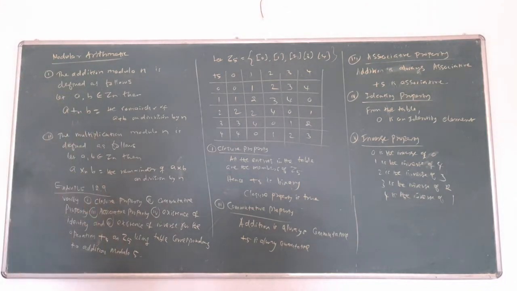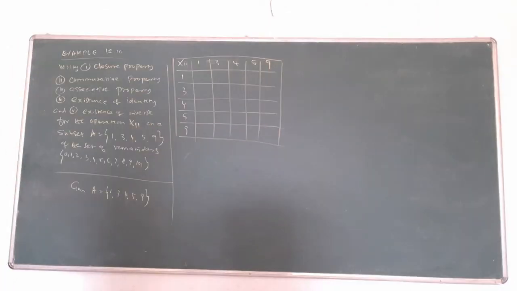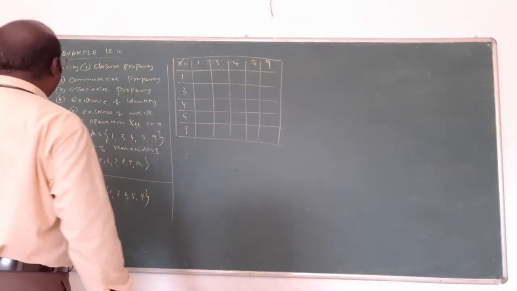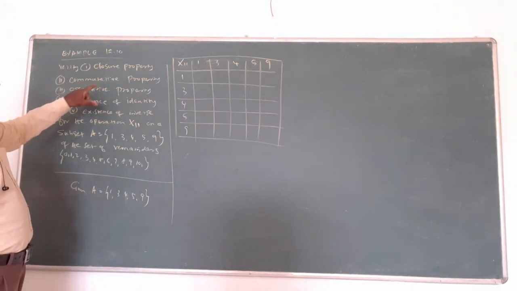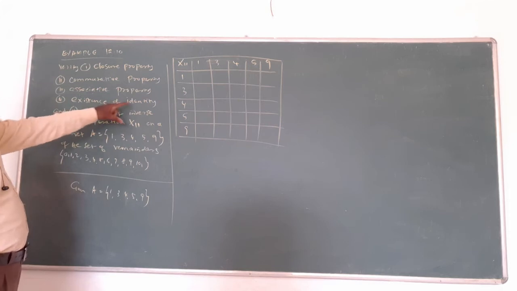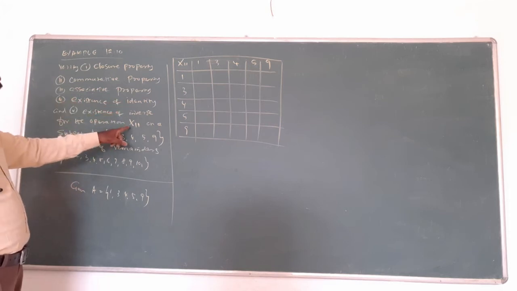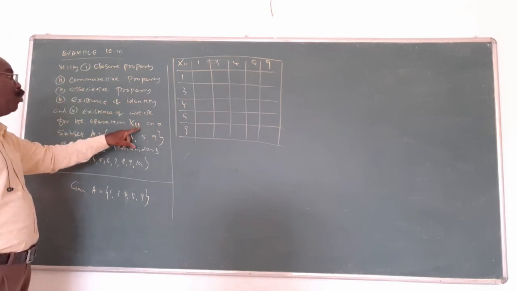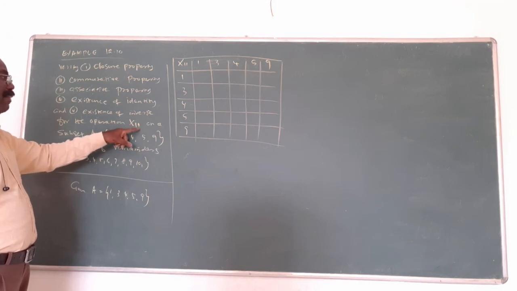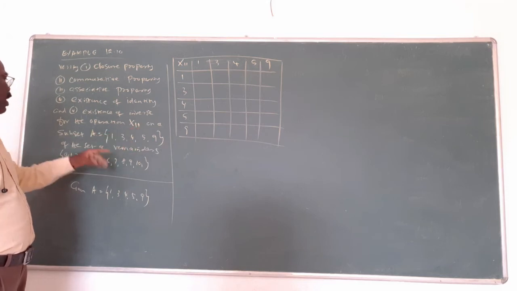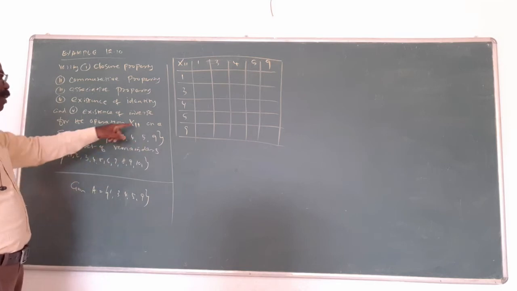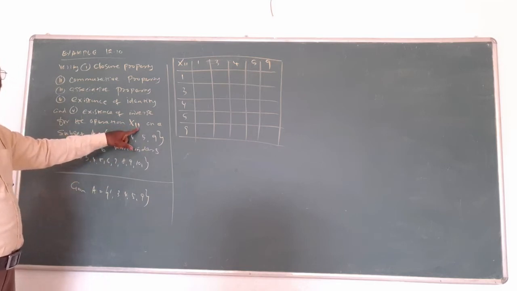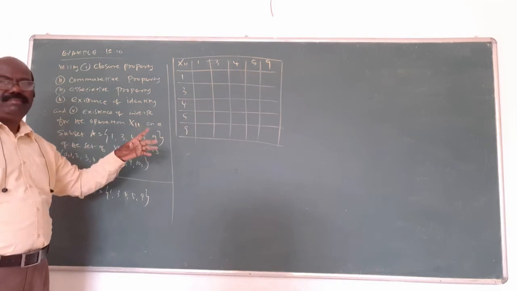One more problem is there, the same method, for multiplication. This is the next question, same method. Verify closure, commutative, associative, identity, inverse are asked. This is called multiplication modulo 11. What numbers are given? 1, 3, 4, 5, 9. Then what is modulo 11 given now? That's why up to 11.